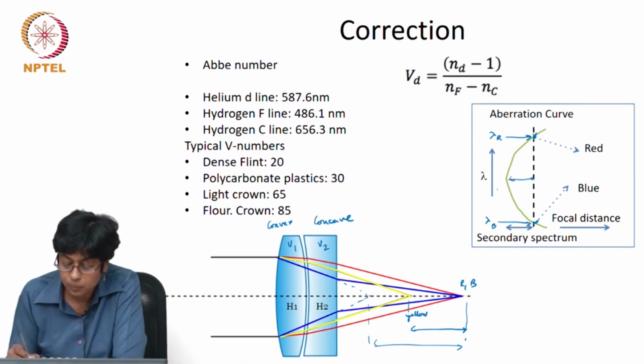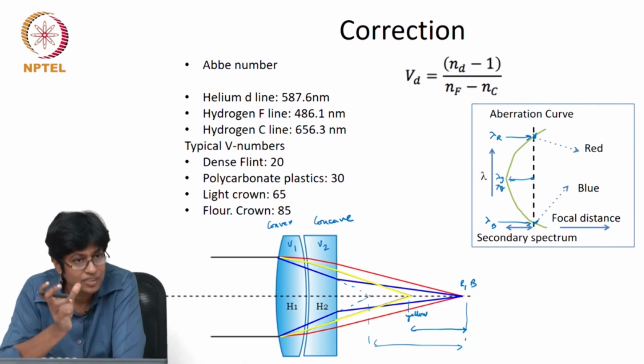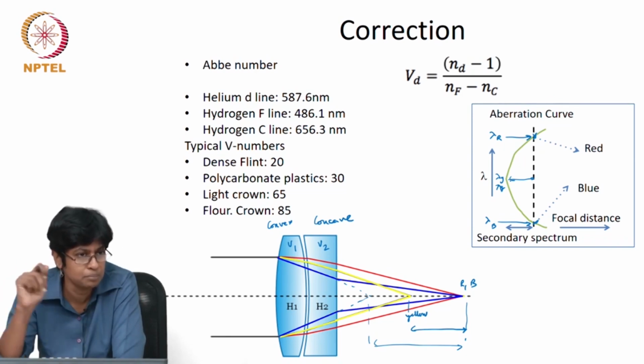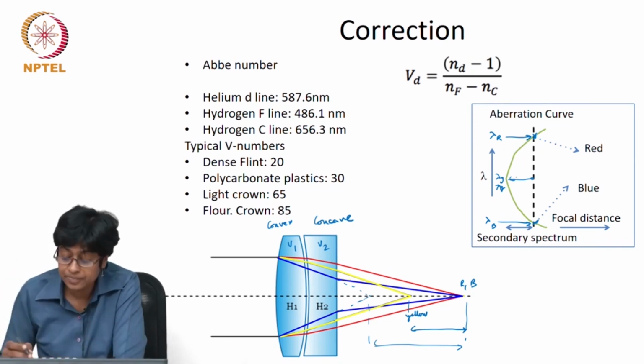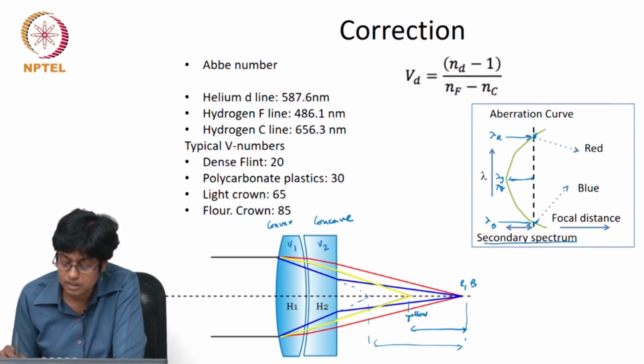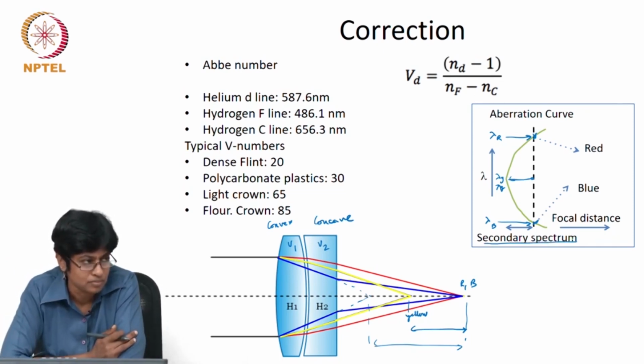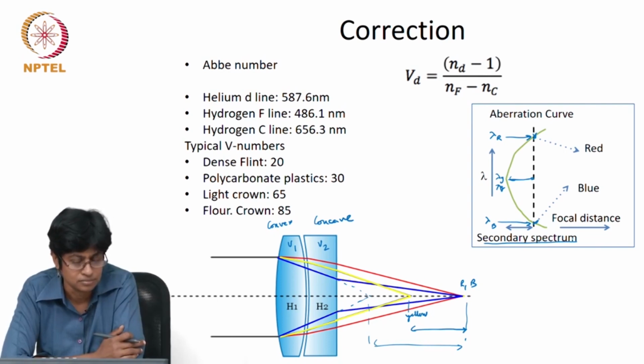But you can see that the wavelengths over here, and this would be like the yellow or the green wavelengths, right? These wavelengths still have that much difference. They are coming to focus at a point different from where the red and blue wavelengths are coming to focus. And this distance is called the secondary spectrum. It's like the uncorrected or the leftover spectrum. Okay, so this is one way of looking at the aberration curve for a system where some amount of aberration